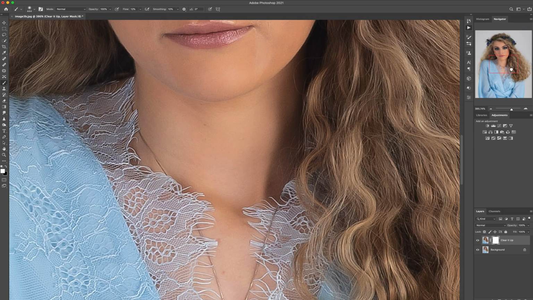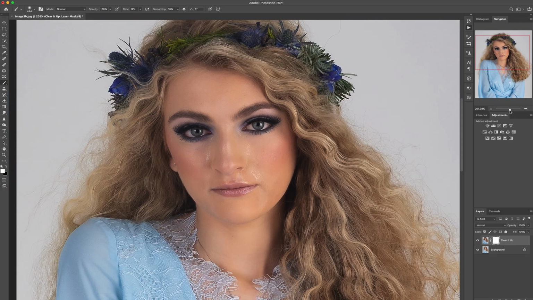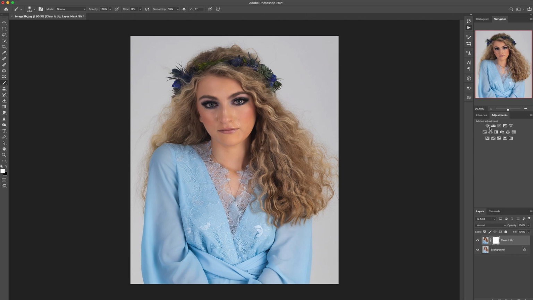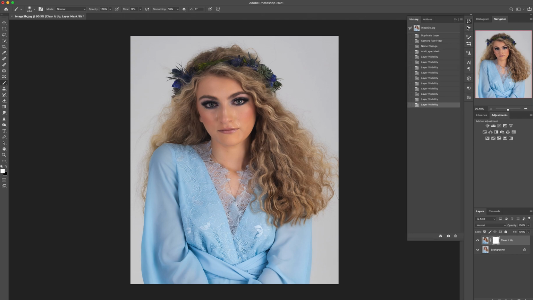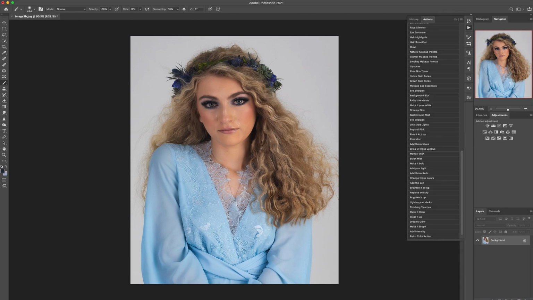I'll zoom in here so you can see what it's doing to her eyes and to her skin. If you didn't want it to affect certain parts of the image, you could use a black brush, but I want it over the entire image. So I am going to flatten that out and go on to the next action, which is the Dreamy Glow